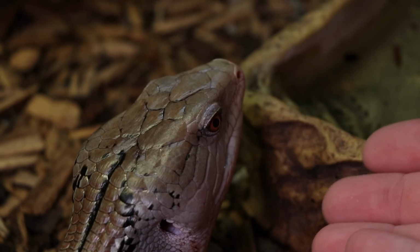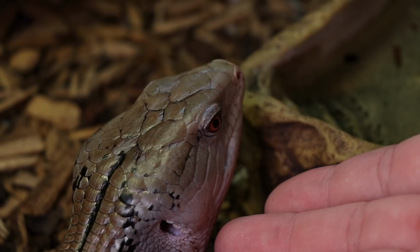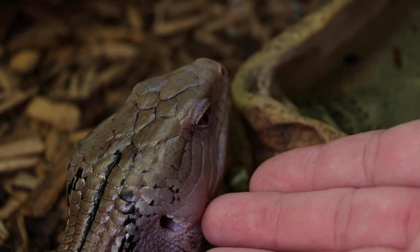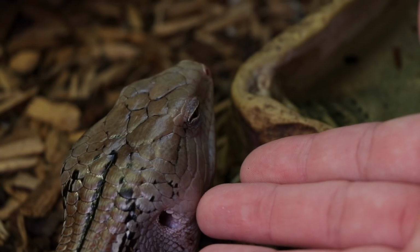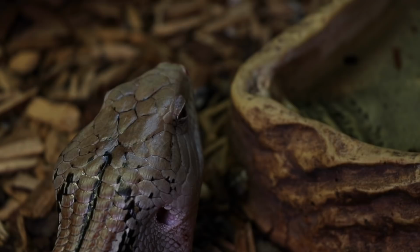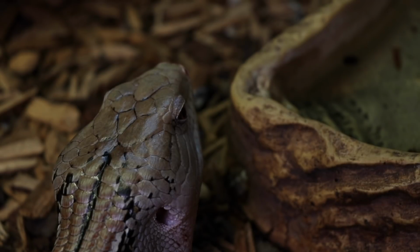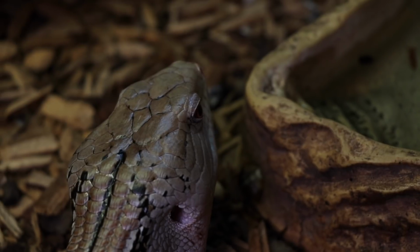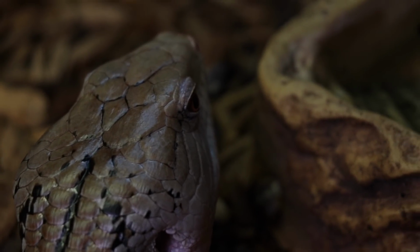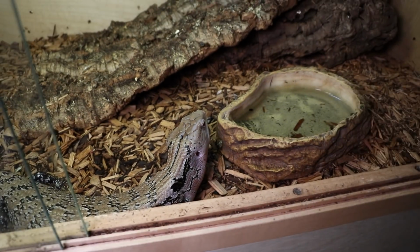Merauke blue-tongued skinks are the longest species of blue tongues, reaching an average length between 26 to 28 inches, and unlike their Aussie counterparts, they like quite high humidity. Due to their larger size, I recommend the minimum size for a blue-tongued skink, or at least a Merauke blue-tongued skink, be a 40-gallon breeder that measures 36 inches long, 18 front to back, and then 17 inches tall. But larger is always